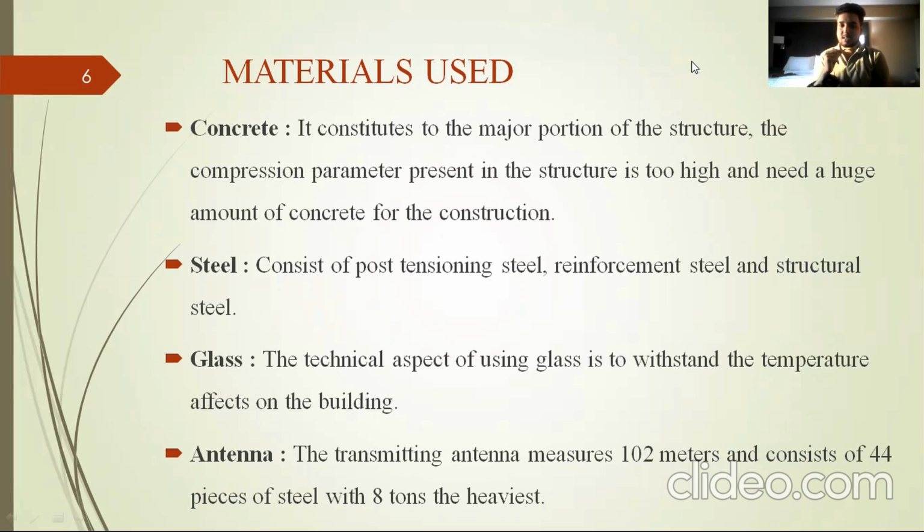And the last one is the antenna. The CN Tower was constructed by the Canadian National Company, which is a railway company. This antenna is held upon the CN Tower and is mainly used to upgrade or update the telecommunication system of the Canadian railway system.